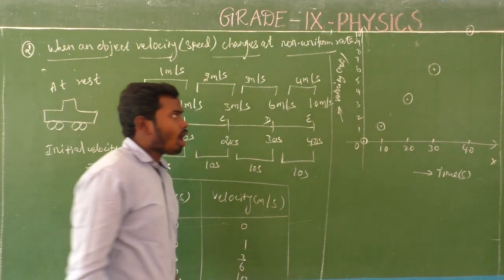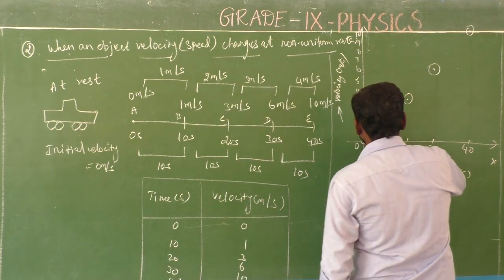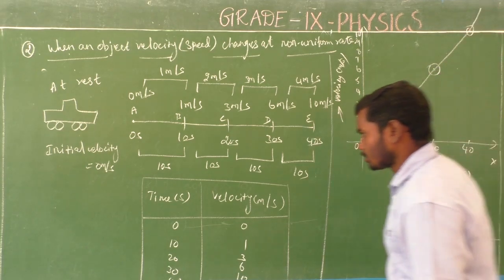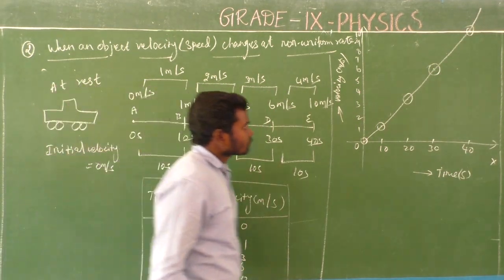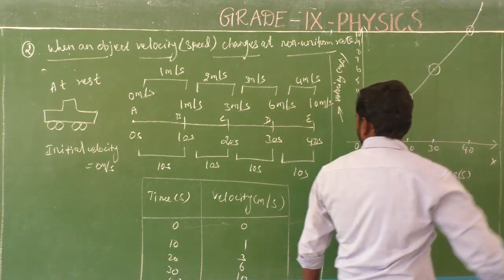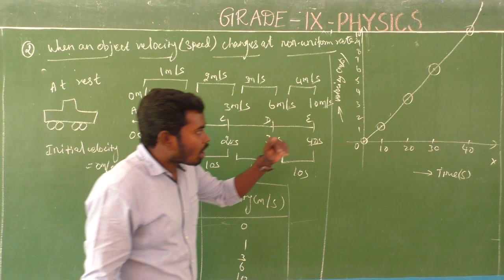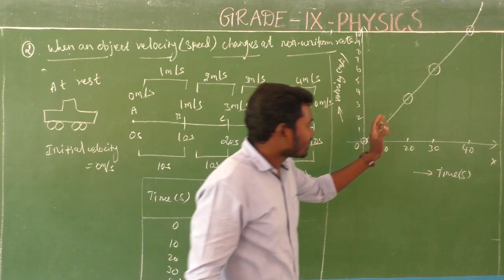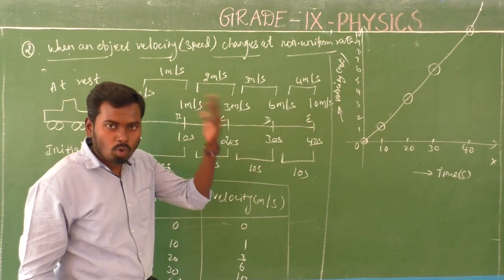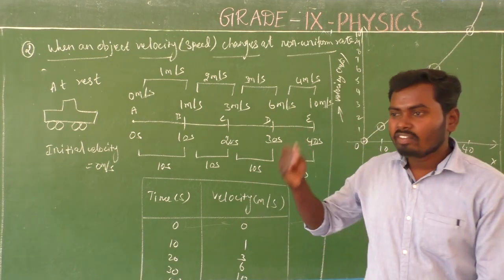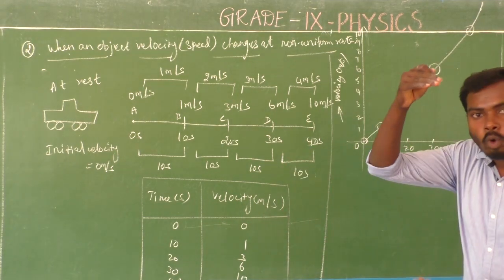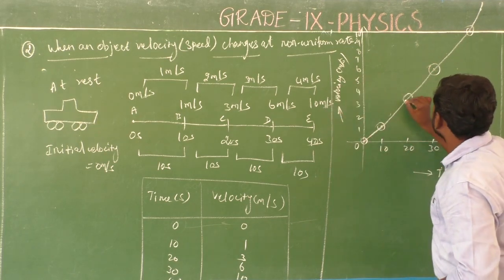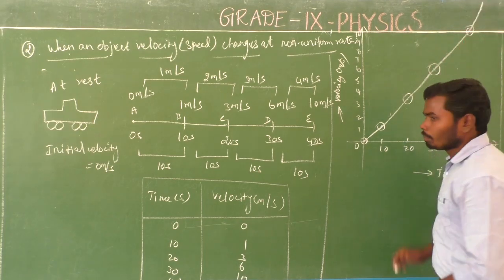Okay. Next, connect all the points. Look here. The velocity of the object is actually a curved path. Do you think that is a straight line? That is not a straight line. Is it clear? That is not a straight line because the velocity of the object changes by unequal amounts in equal intervals of time, due to which in the velocity time graph, the motion shows a curved path.